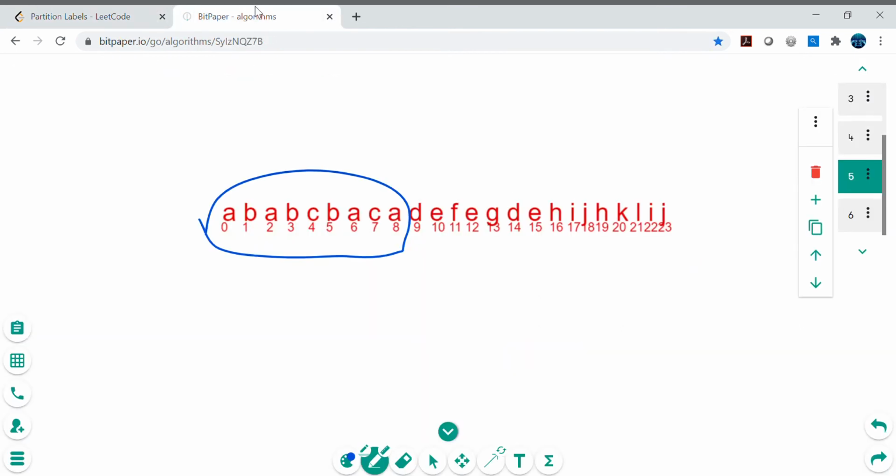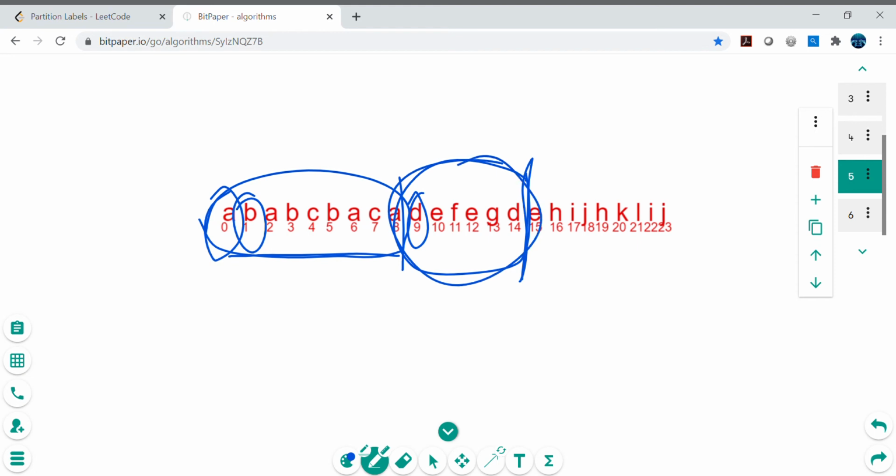We are just using the concept here. We are picking one character, and then we are checking what is the maximum boundary of this character. Once we find any other character that has a greater maximum boundary, then we will keep increasing the boundary, right? So for example, here we find D. Now we have this one potential partition. I should say the partition, not the boundary. This is the boundary, but this is one partition.